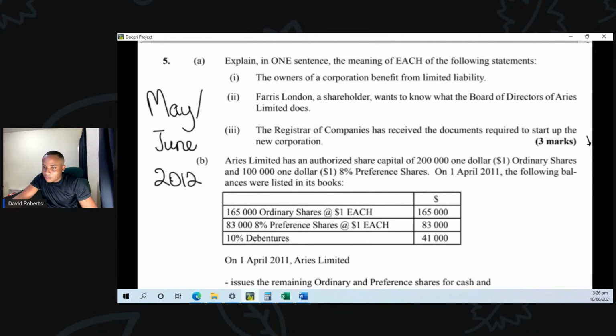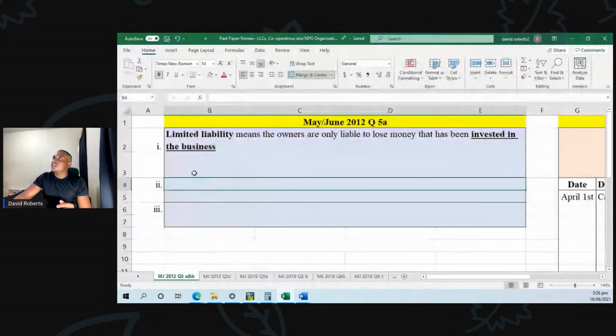Yes. What paper is this? This is May, June 2012. So the function of the board of directors is to monitor and manage the affairs of the business. That is correct. So the limited liability company is owned by shareholders, but the shareholders give the board of